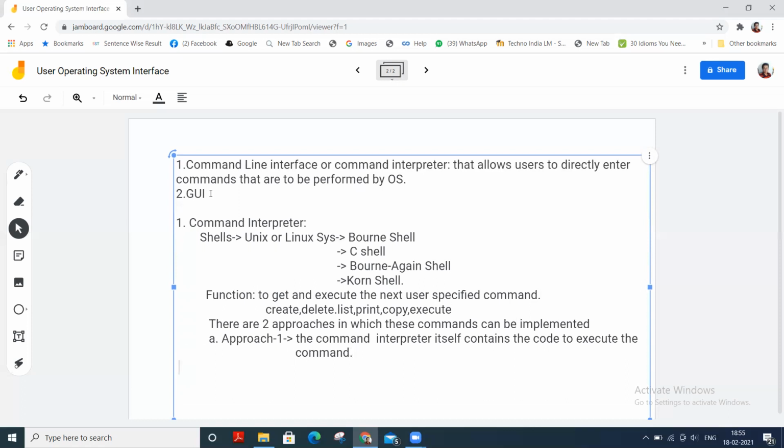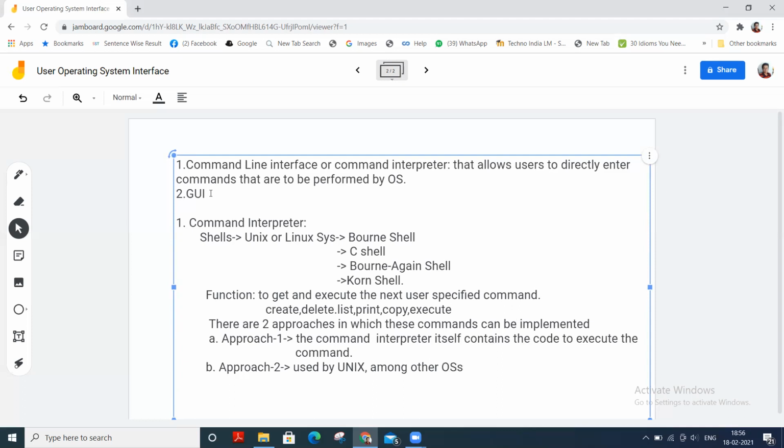And approach number 2, this is B. Approach 2 is used by Unix, among other OSs.